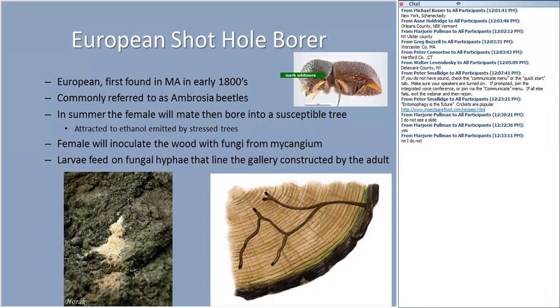And so the fungus comes out and inhabits the wood and grows, and the eggs are then laid in these tunnels, and they hatch, and they don't feed on the wood at all. They feed on the fungus that's in the tunnel itself, or the fungal hyphae. So it's an interesting interaction. The interesting thing for me is that it's very, very sensitive to the moisture of the wood itself.